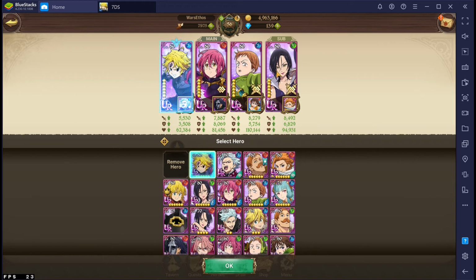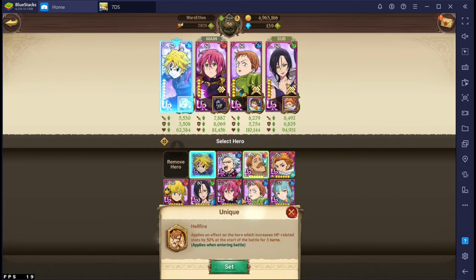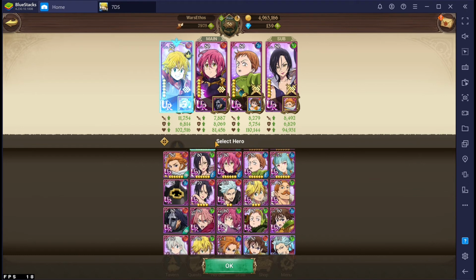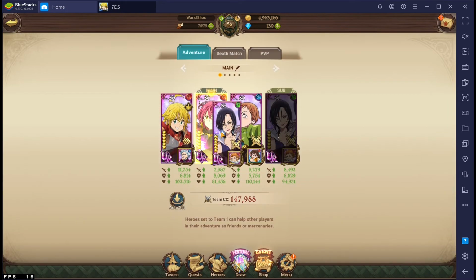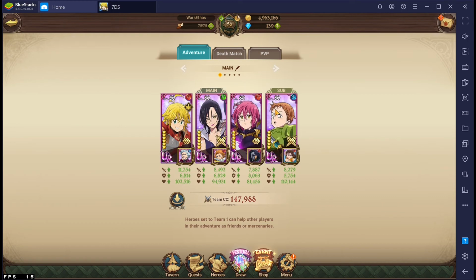Because these three are your bread and butter. This right here is just your hard hitter. So whatever you're going against, just have a hard hitter and then have these three, and you'll almost complete every single piece of content in the entire game with this. Maybe every now and then you might need to switch Merlin out with Gother for some reason,